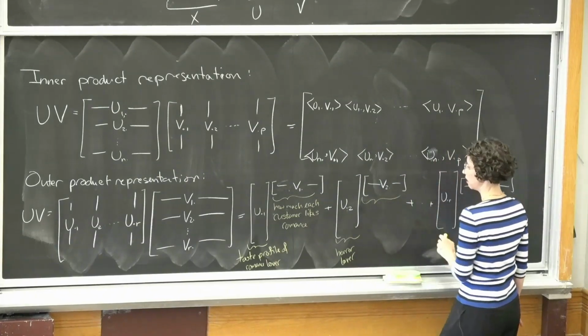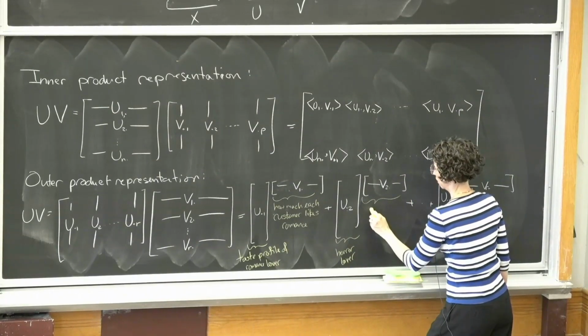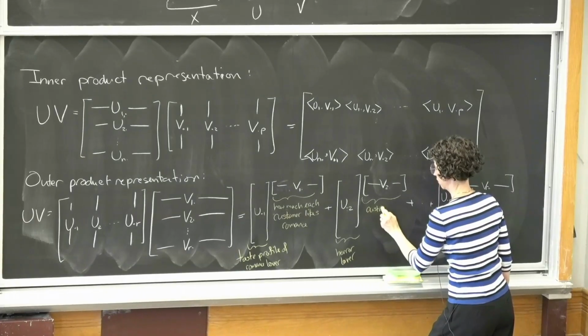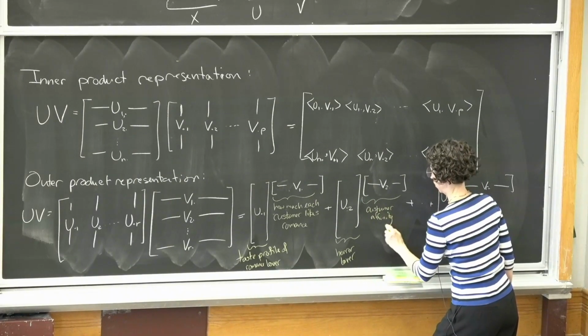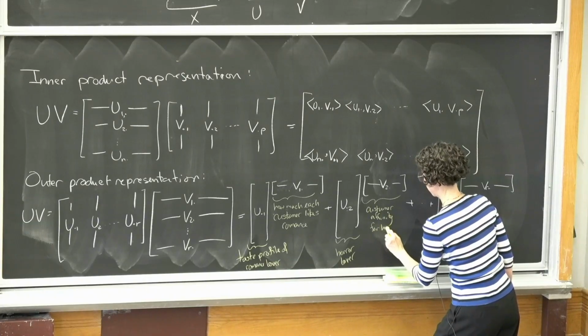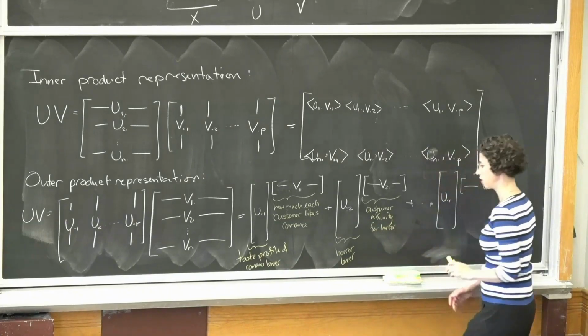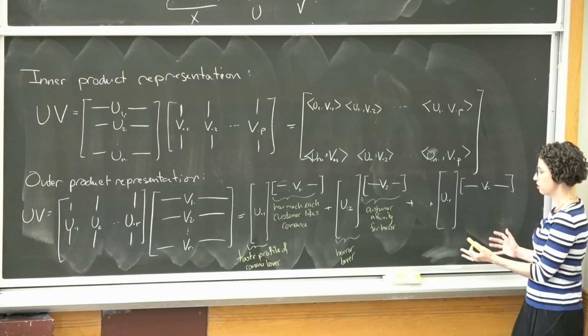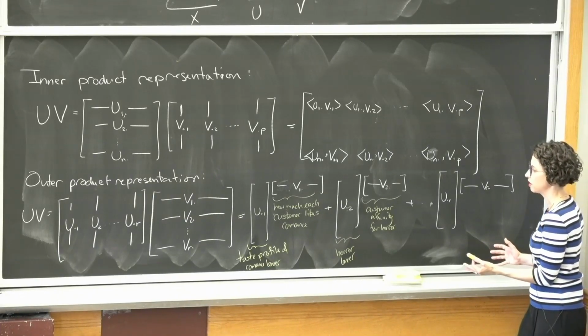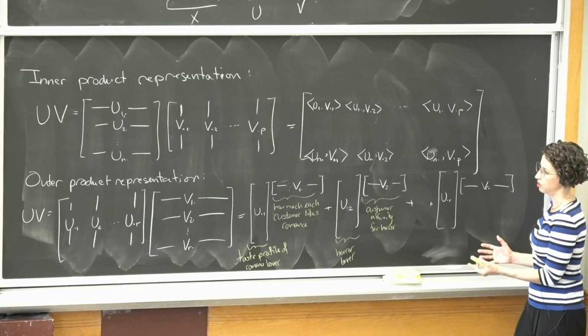And this is telling us, I don't know, customer affinity for horror, etc. So this has got a nice, I think, visceral interpretation in terms of what we think about these matrices